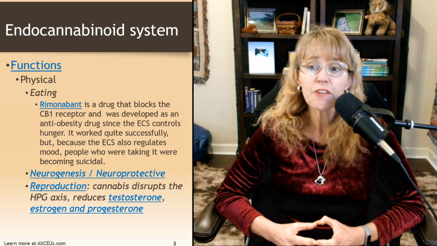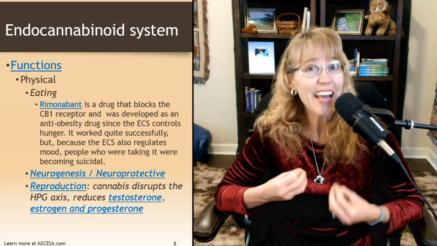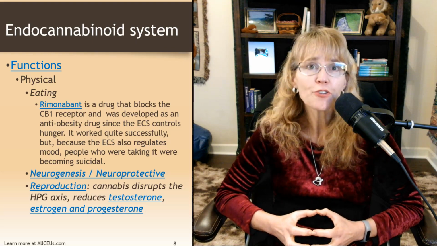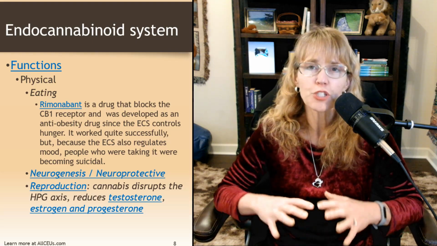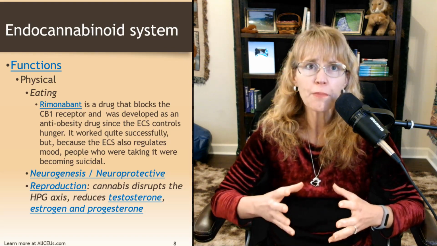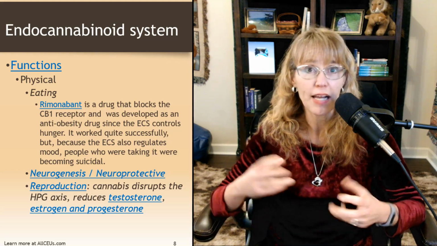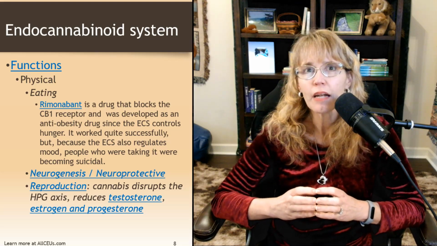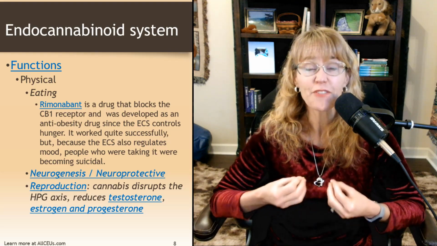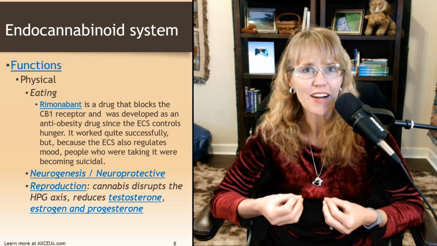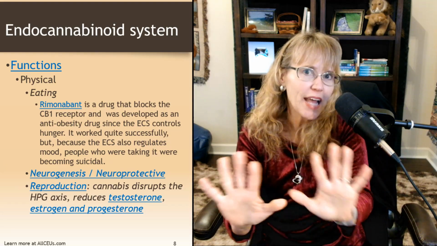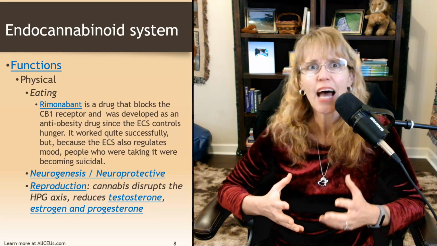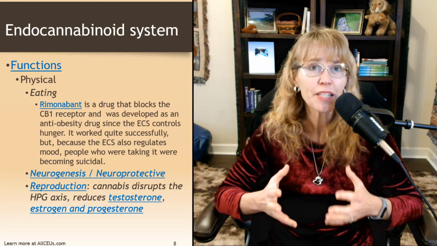The endocannabinoid system is involved in neurogenesis, or the creation of new neurons, and can be neuroprotective. Under stress, the endocannabinoid system works to protect neurons from high levels of glutamate, or what we call an excitotoxic environment. When our glutamate levels, when our stress levels are too high for too long, it becomes toxic to neurons. And the endocannabinoid system is in there going, hey, I'm going to protect you as long as I can, as well as I can. So that's really nice to know that we have that system in there that's trying to